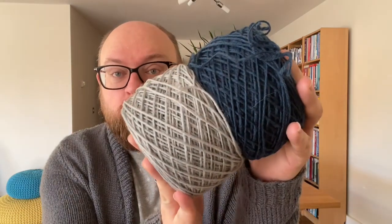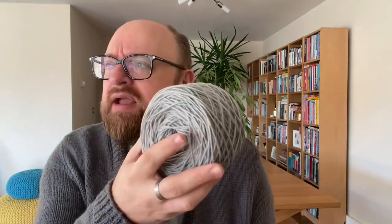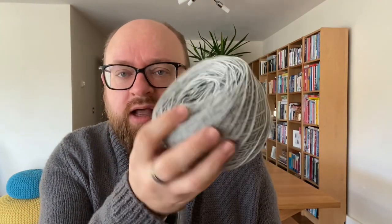And I bought this from my local yarn shop, Ammonite Yarns. I had some money for Christmas and some gift cards. So I've purchased a sweater quantity's worth of yarn. I have 2 of the contrast colour, and then I think I've got 5 or 6 of the grey for